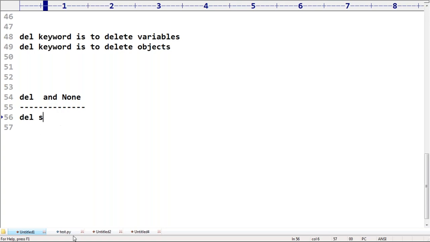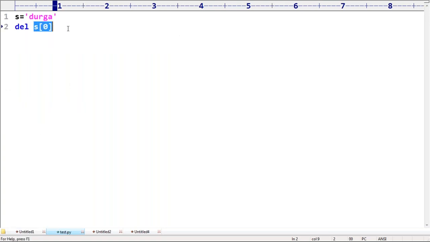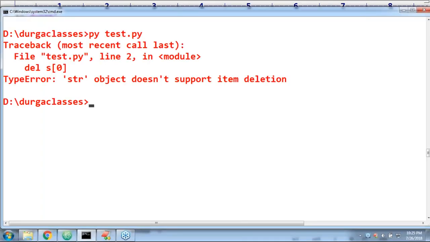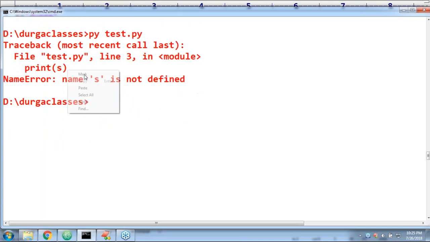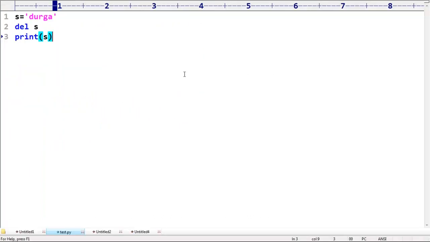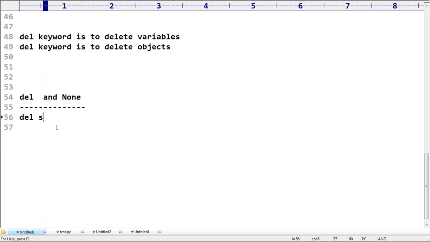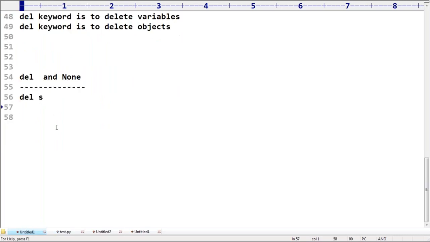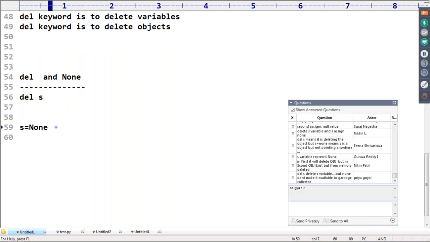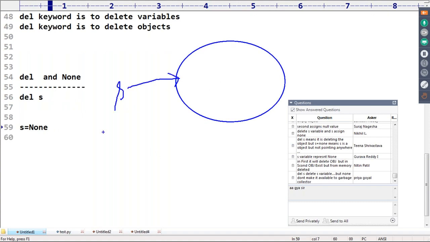So now here see, I'm taking del s, no problem. Print of s. Immediately, NameError we are going to get. Name 's' is not defined. Like this, right? Now if I take s is equal to None, what will happen is, listen carefully, sir. Suppose it is the s, assume. Del s means this thing by default will be removed, sir. No more s. Automatically, this object by default is eligible for GC.